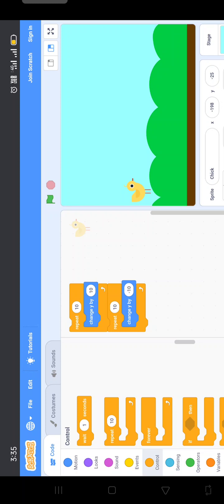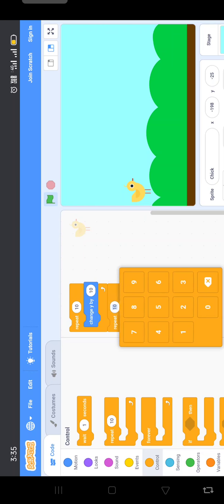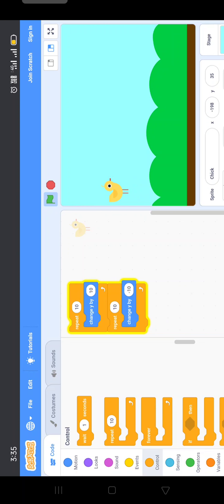Now you can see when I click on it, it is coming down. So take this to here and click on this. See, the first step is over.